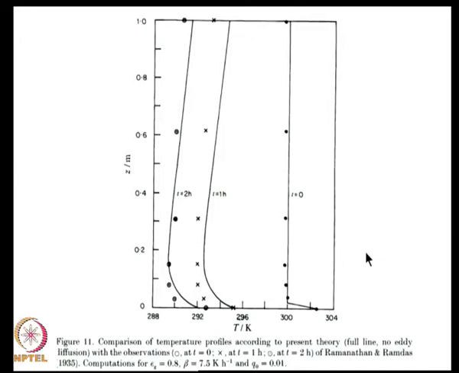So, what this shows is that we have been able to use the simplest non-gray model, which is the emissivity model, to correctly get the variation in temperature with height. And now the question we want to ask is, now that you are able to reproduce that, we need more understanding of this feature.